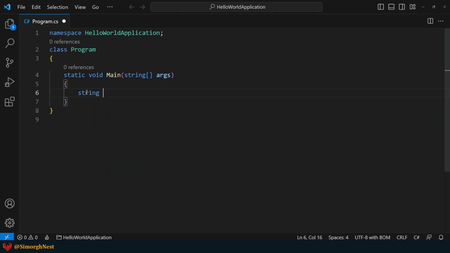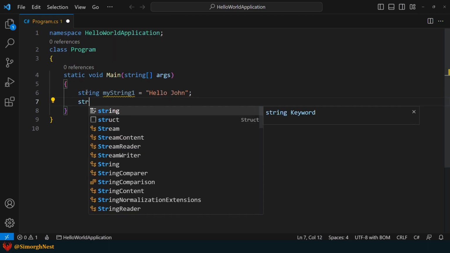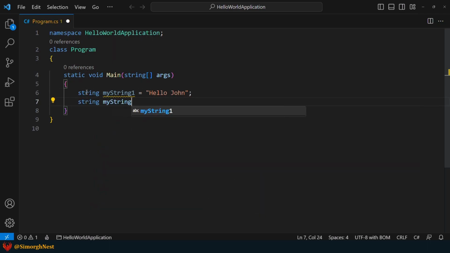First, we declare a variable named myString1 with the value of Hello John. Next, we declare another variable and assign myString1 to it. Now, since they are reference types, if we change either of these variables, the other variable must also change.